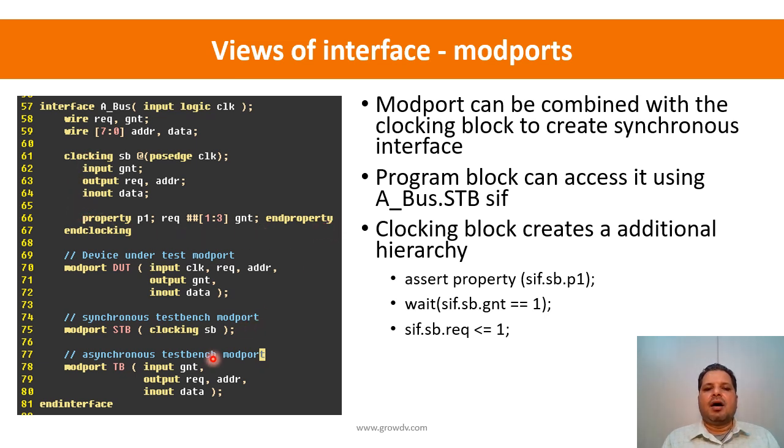And now what I can do is use this clocking block as a part of Modport, right? That is possible. So I am saying modport stb and clocking sb. And what happens is the clocking block itself adds another hierarchy. So you'll have the interface name, and when we want to access any of the resources, we have to say the interface name dot Modport name dot the clocking block